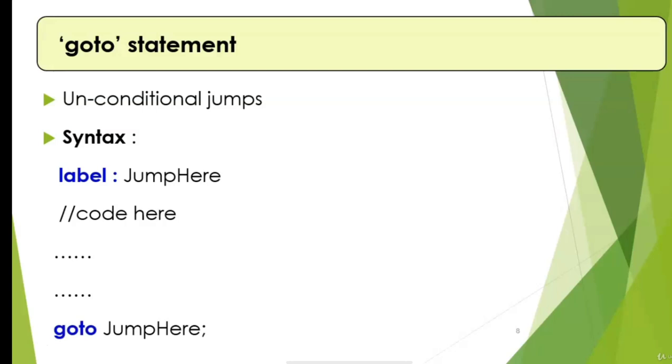Goto is again a keyword, and you can mention the label where you want to jump. So here in my case the name of the label is jump here, so that's why I have written the instruction goto jump here, and then it will directly make the jump to the section of the code wherein that label is mentioned. So thus goto is also called as an unconditional jump.